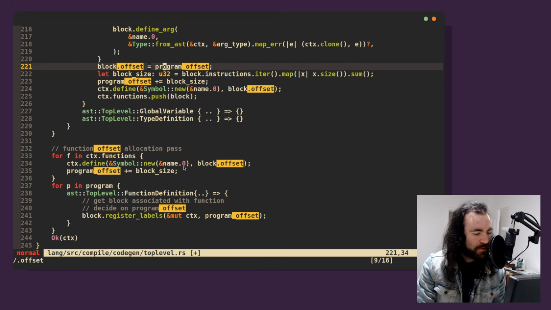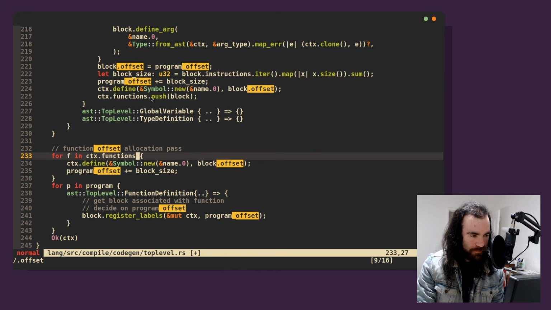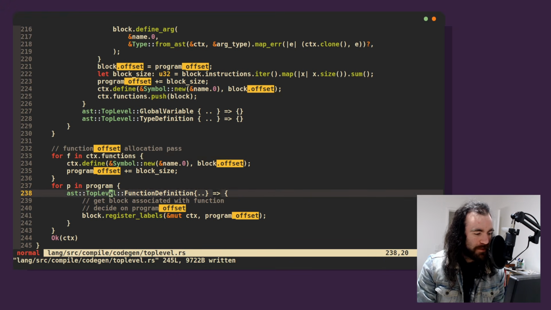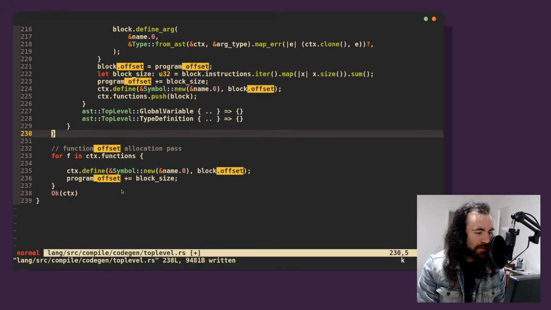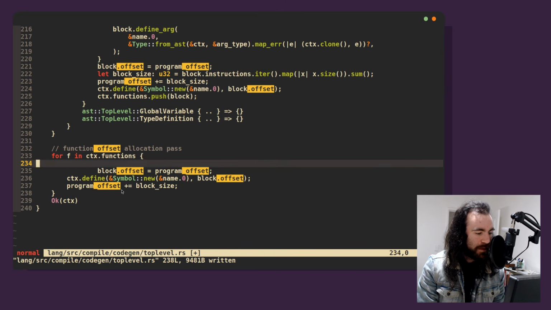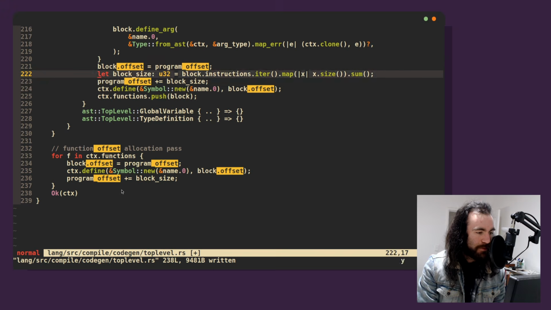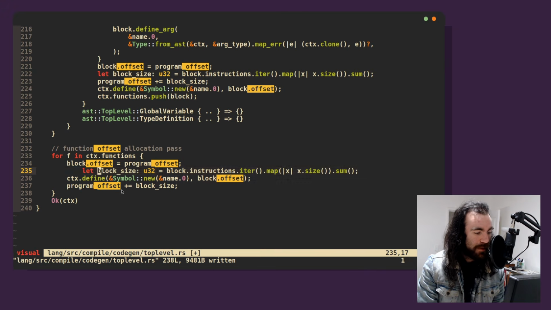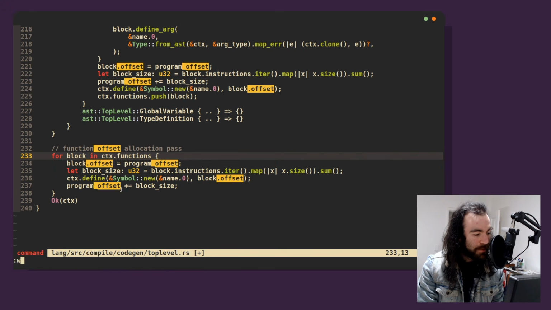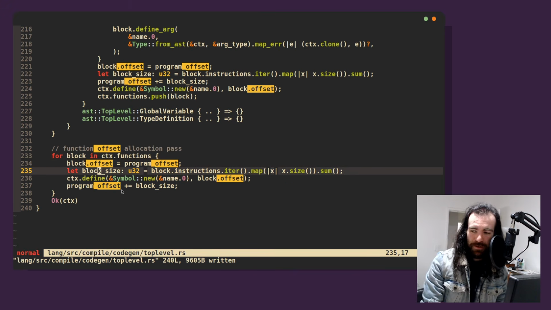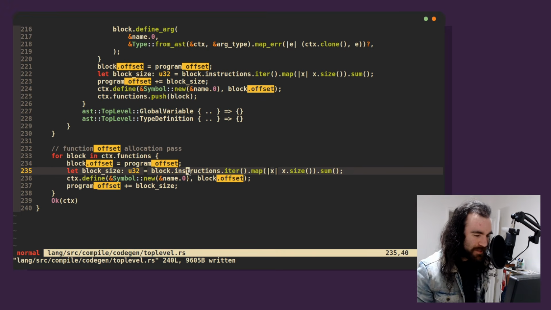Block offset equals, okay, so we just want to do this. Do we say it mut or something? Do we have to do it mutably? Let's get rid of this. This is fine. Let's do this. We've got to work out the block size as well. So we tell it the offset, and we're going to grab it as a block. We'll call it block, that's good. I don't know if that works. I think I need to tell it we're iterating mutably. So we calculate the size of the block, that's good. We put